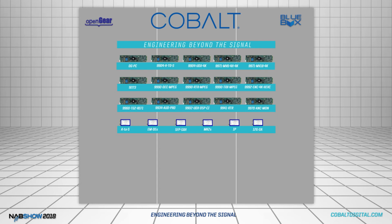It has been successful in multiple shootouts against every other manufacturer of this type of device, and the quality, just based on the level of components, is outstanding. So the margin's not huge, but it's a traditional Cobalt type product, very engineering centric and about as good as